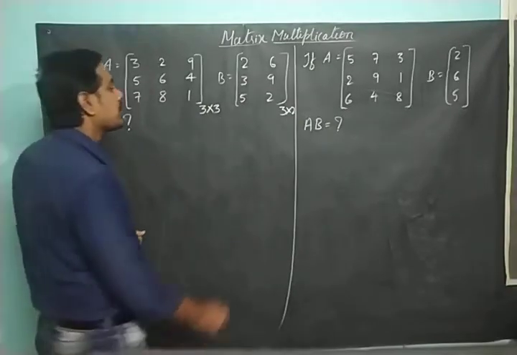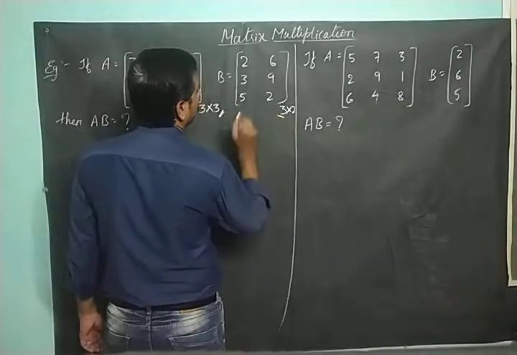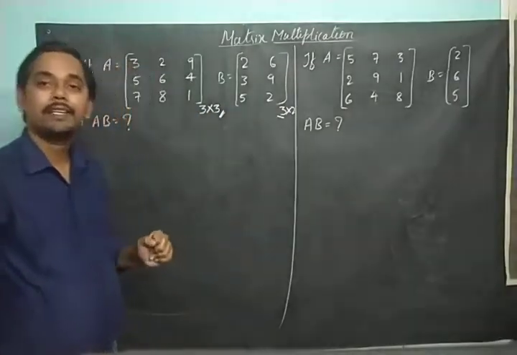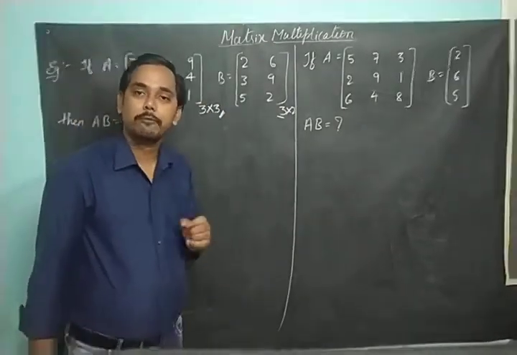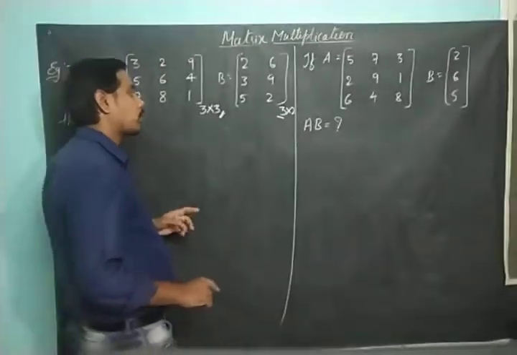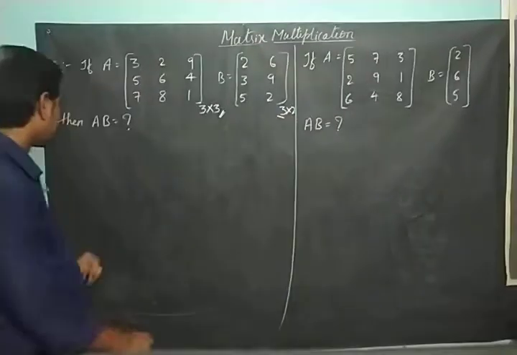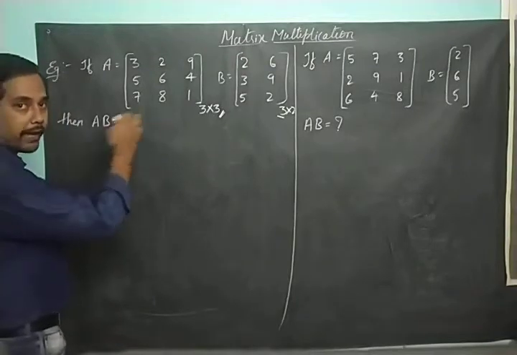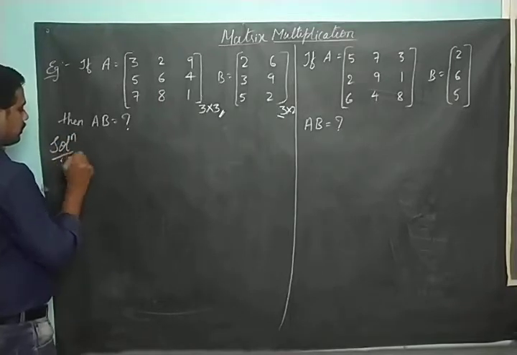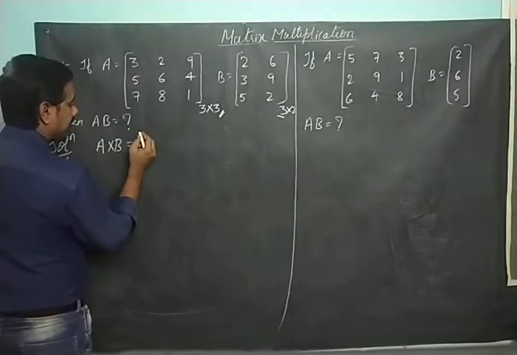Now what was the condition? The number of columns of the first matrix should be equal to the number of rows of the second matrix. Here 3 columns are there and here 3 rows are there. So these two matrices are eligible for multiplication. Once we multiply and get the final matrix, the order of that will be 3 cross 2. Let us see what the value of AB will be. AB, or A into B, can be written as